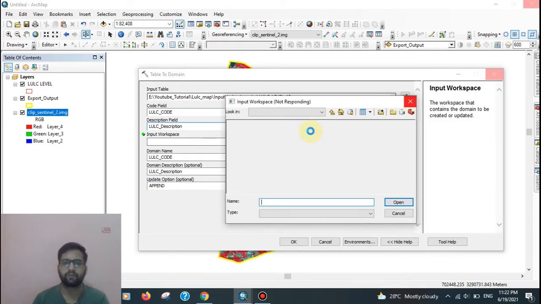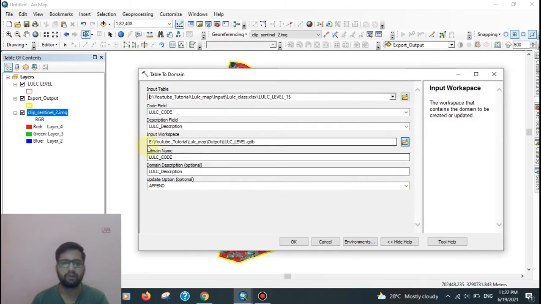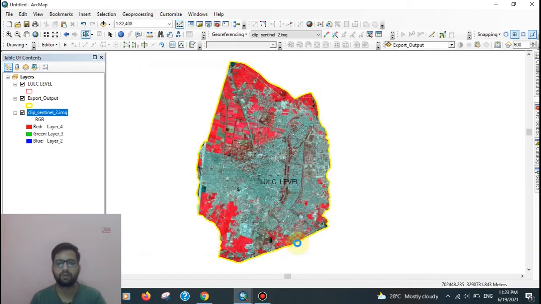So for the LULC level, add here the domain name LULC code 1. Okay, just OK. So here is the LULC domain 1, process complete.